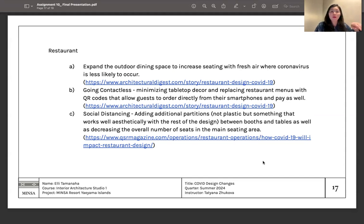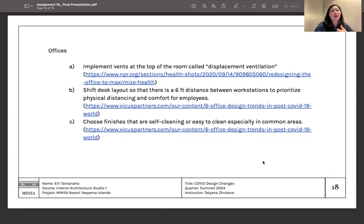Going contactless, so minimizing any kind of tabletop decor or replacing paper menus with QR codes so that guests can order directly from smartphones, maybe something to include. And last but not least, social distancing where possible. So adding additional partitions apart from the wooden slats that we already had in the design. For the offices, again, making sure there's solid ventilation. In one of these NPR articles, there was a concept called displacement ventilation, so that might be something we could implement. Shifting desk layout so that maybe there's more than 6 feet distance between workstations,